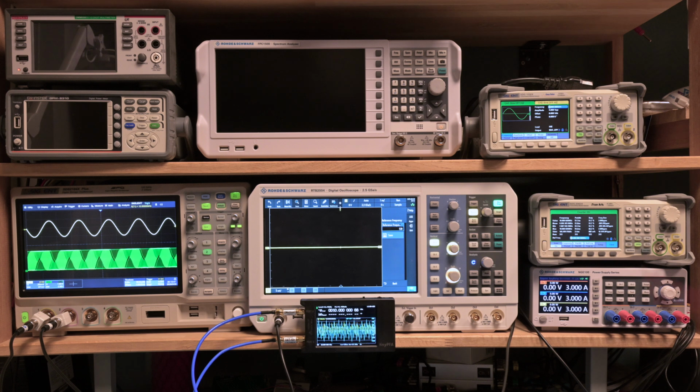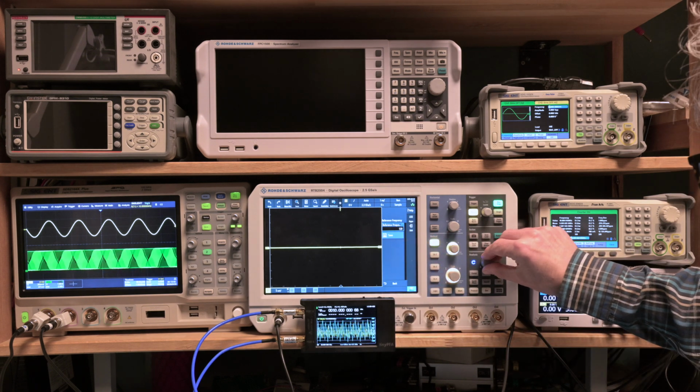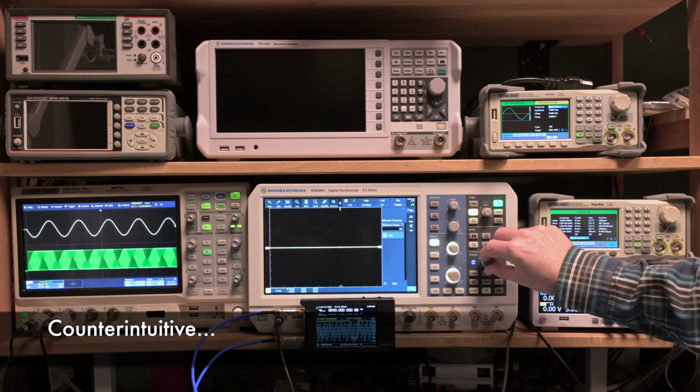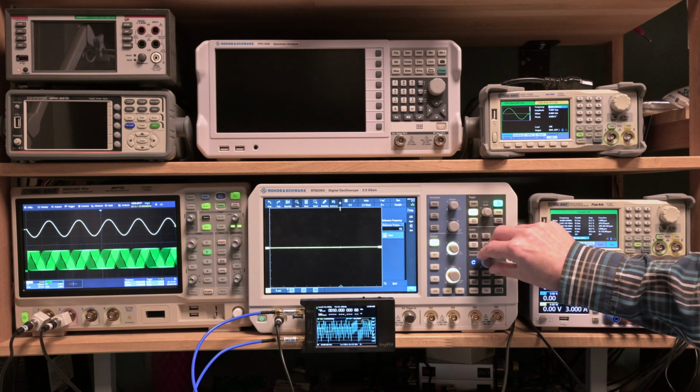So we need to bring it down a little bit. We know from here it's a little bit too high, and we want to bring the frequencies close together. So I'm going to click on this value. I'm going to click here on the button. It's a little bit counterclockwise. I have to turn the button the opposite way than I'm normally used to on this device. I have to turn to the right basically to...